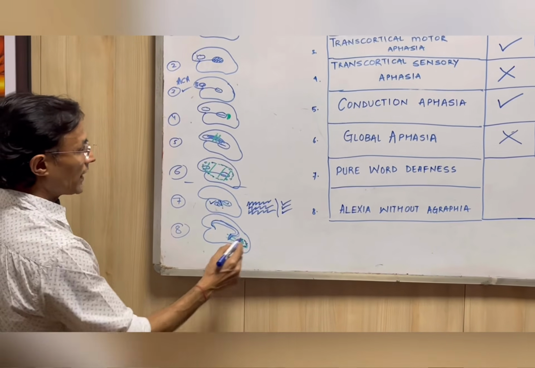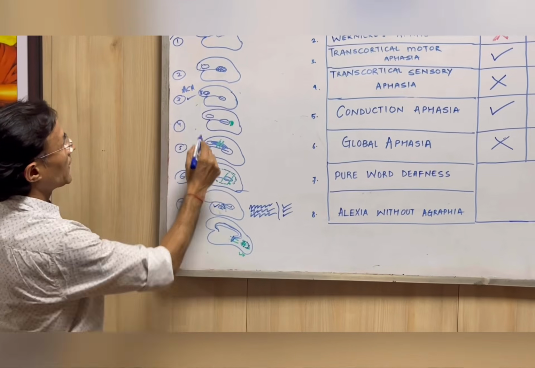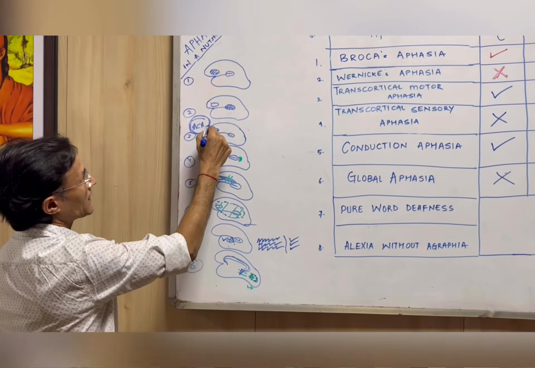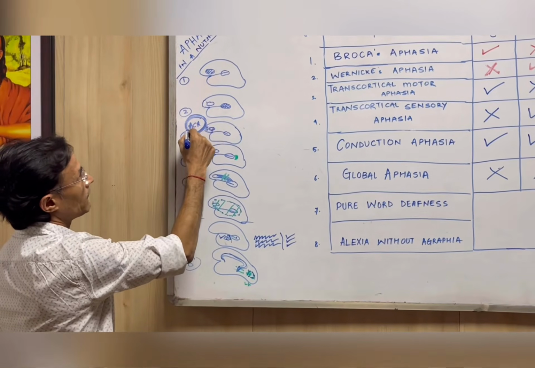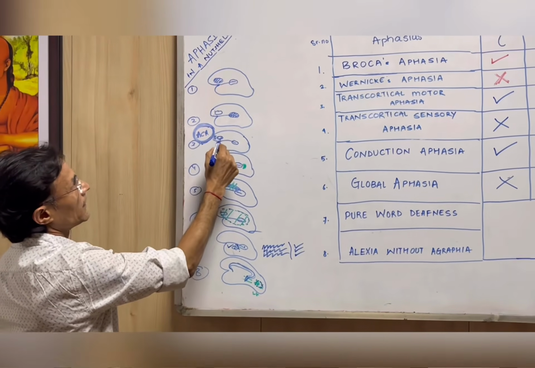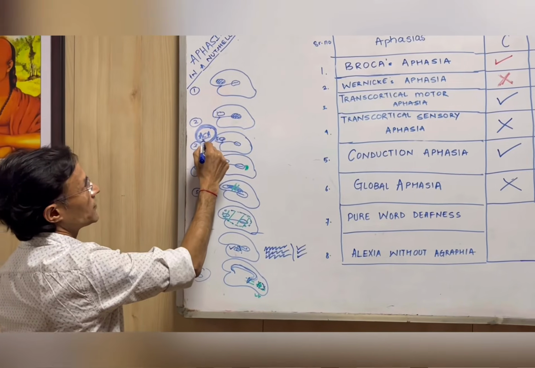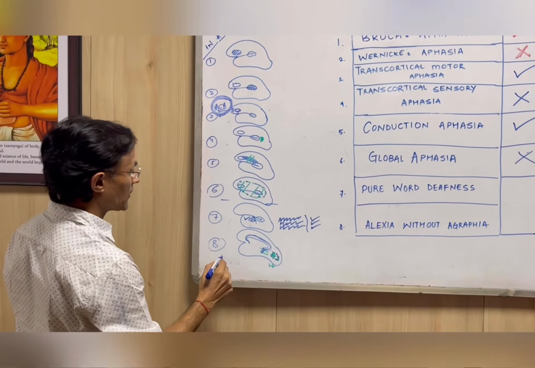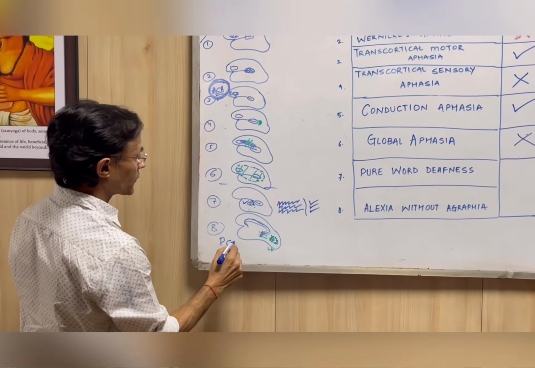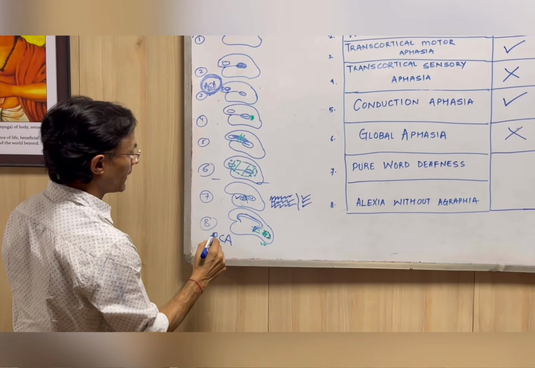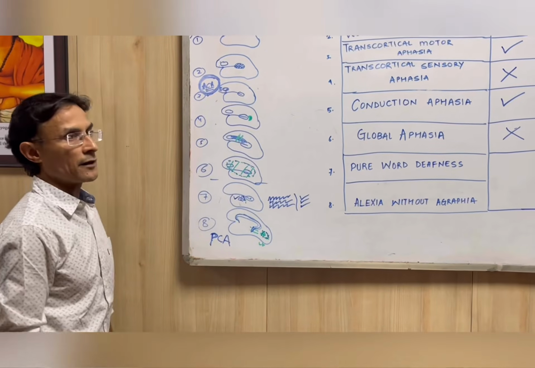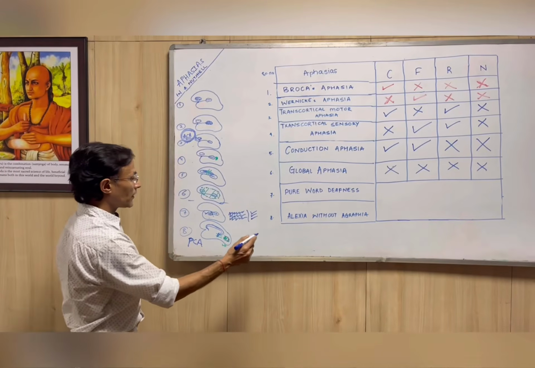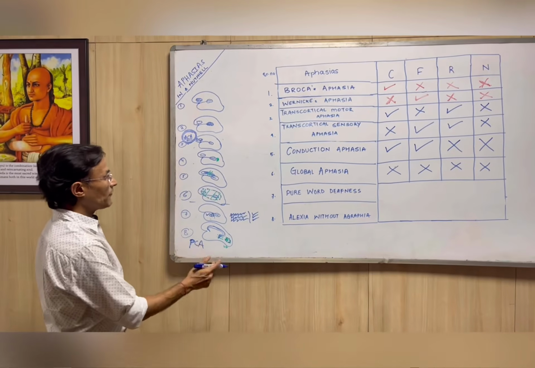Here, without going forward, I am first telling you another important message. We said that the majority of the aphasias are due to middle cerebral territory involvement, except transcortical motor aphasia, which is due to anterior cerebral artery involvement. Alexia without agraphia is due to a lesion in the posterior cerebral artery territory. The lesion in the posterior cerebral artery territory will lead to alexia without agraphia, or pure word blindness. How to explain? It is the same thing.